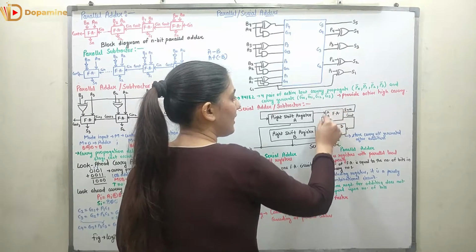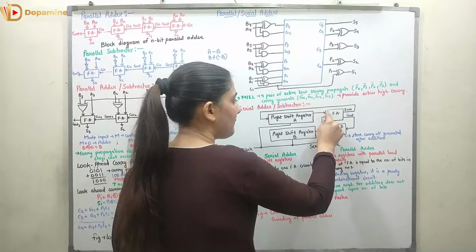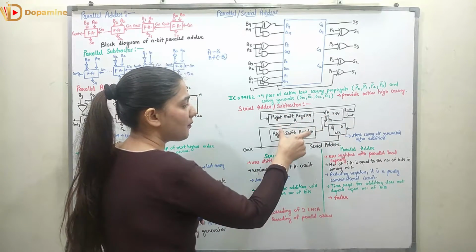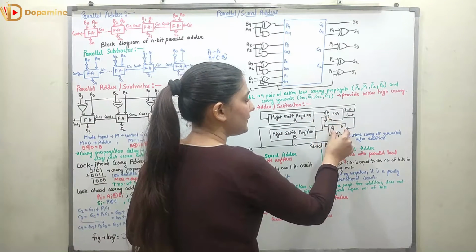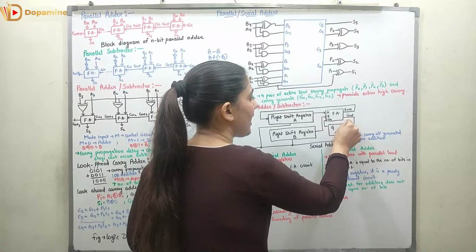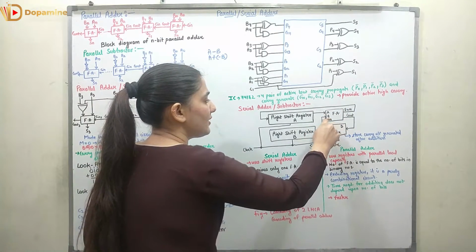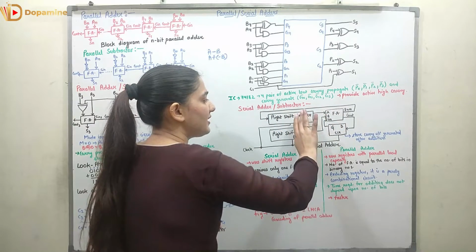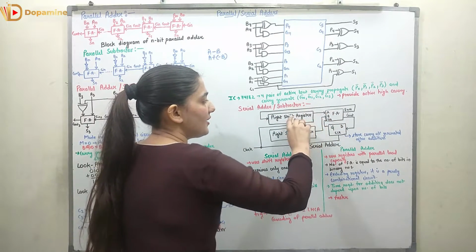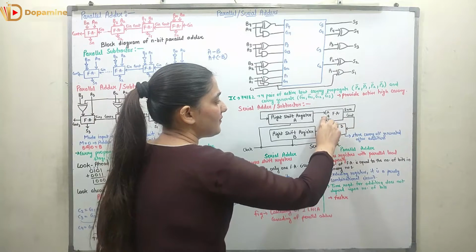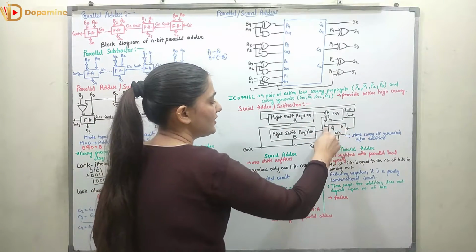So the adder is going to get the A bit and the B bit with the help of shift registers, and the carry with the help of a flip-flop. It is generating an output carry and the sum. This output carry is stored and again sent over here. Then the shifting occurs in the registers, and the next bits are taken and the previous carry is taken with the help of this storage.